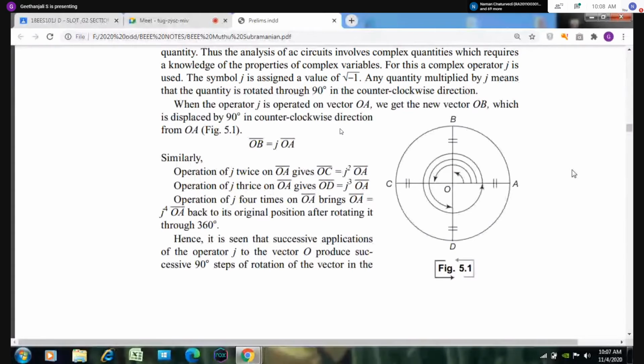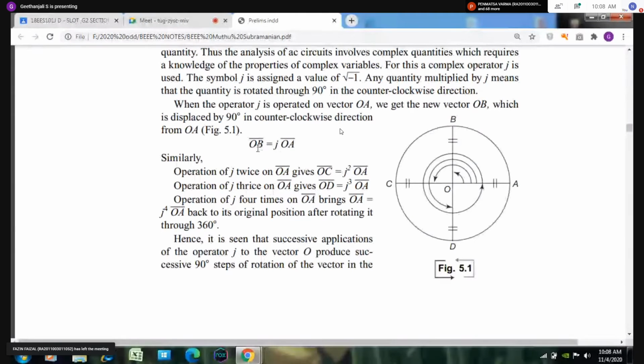This is the conclusion. Are you having any doubt regarding this? Any doubt regarding the reference and OB, OC, OD? If you have any doubt, you can ask now. Are you getting my voice? Or are all sleeping? Are all listening or not? Yes, ma'am, we are listening.